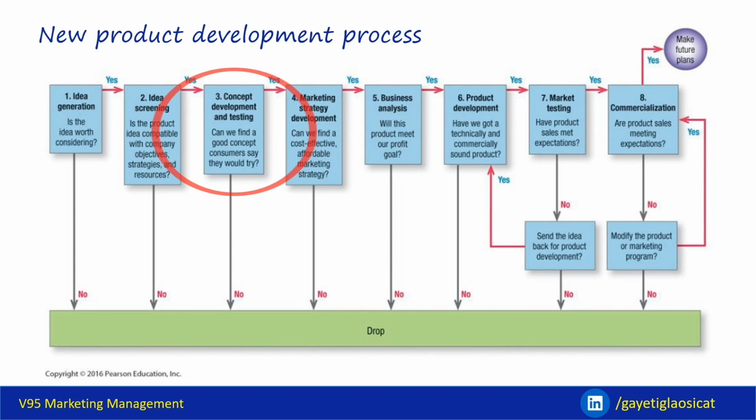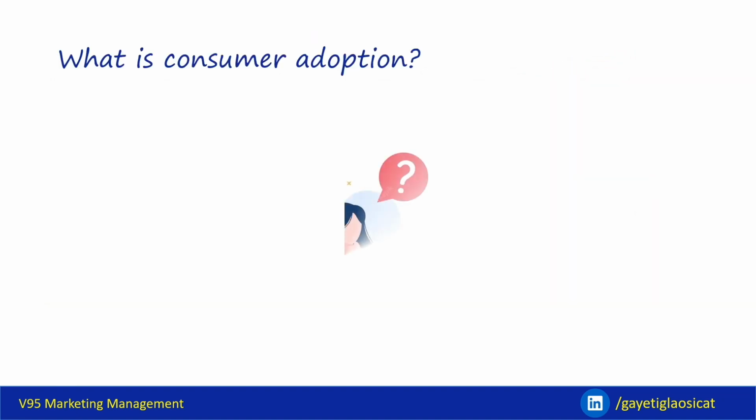The next step is the concept development stage, where the consumers do not actually buy the idea, they buy the concept. Hence, this step is focused upon the ideation of the product offering. Next will be the market strategy development stage, which includes analyzing the external environment and deciding on the new product offering's concrete strategies. After this, total sales, cost and profit are estimated under the business analysis stage, followed by the product development. Testing of the new product offering is a must, and then finally, the new product offering is commercialized.